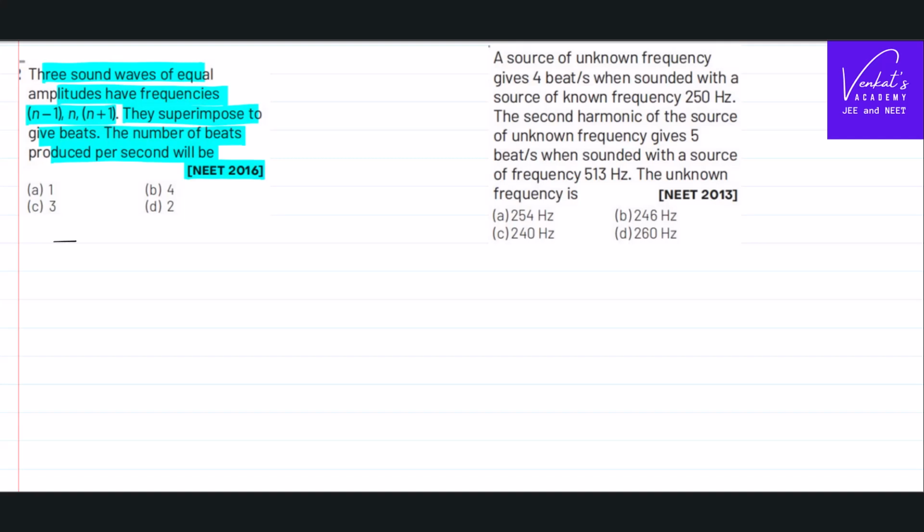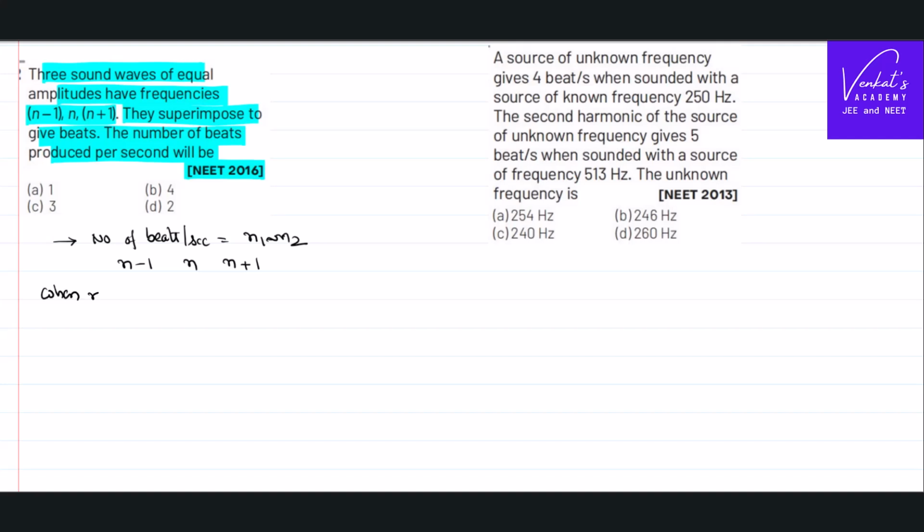So the first thing that you need to know is, when two waves of slightly close frequencies are superimposed together, we have derived the equation that the number of beats generated per second is the difference between the frequencies. So here we have three frequencies, n minus 1, n, n plus 1. All these three are sounded together. So first let us see